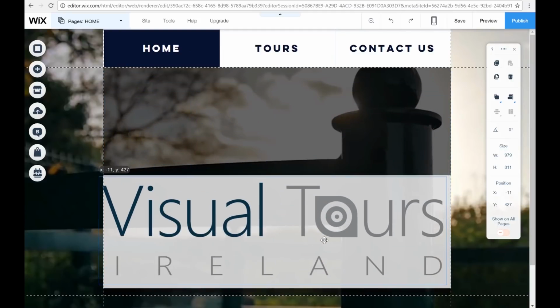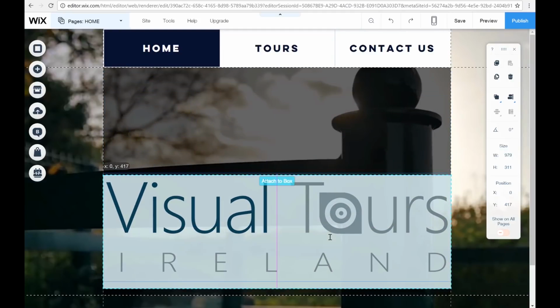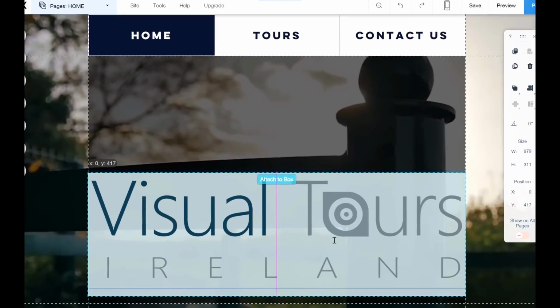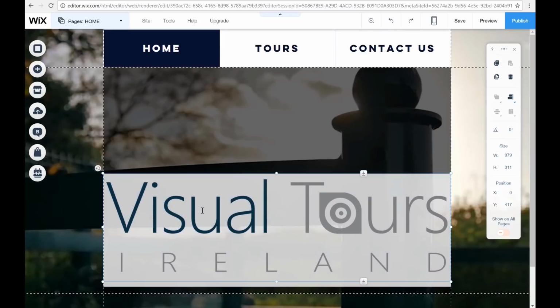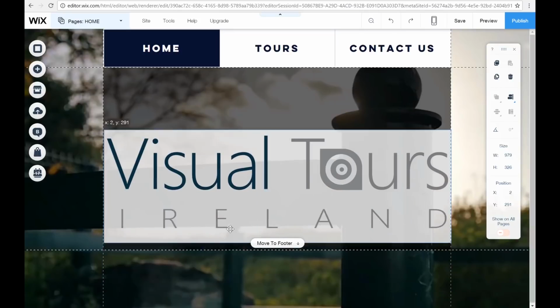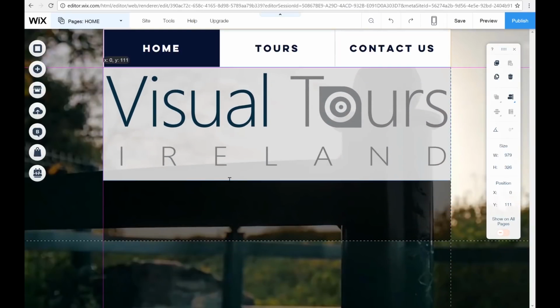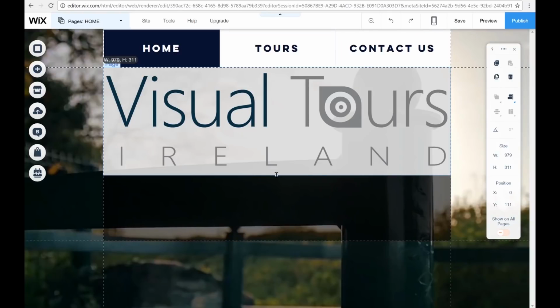Awesome. Now if we just drag the title down, there will be an option when the title of the page is covering the box. You will see here, attach to box, and we just let go when it's attached to the box. It basically means that if you drag the box, it will come with the box. And we can just bring that up to there, and there you go.